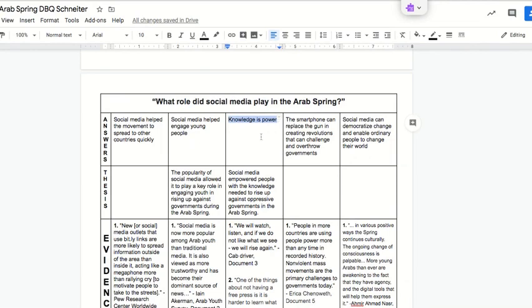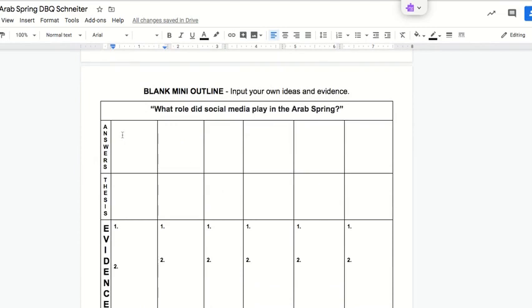But hopefully this gives you at least a start to some of those possible ways to answer the question, and particularly if you're struggling. Now notice, you might not like these at all. You might think all these answers are kind of trash and just not want to use them. So notice later there's a blank mini outline, and this is where you can type your own ideas. So if you got your own idea for how to answer it, then great.